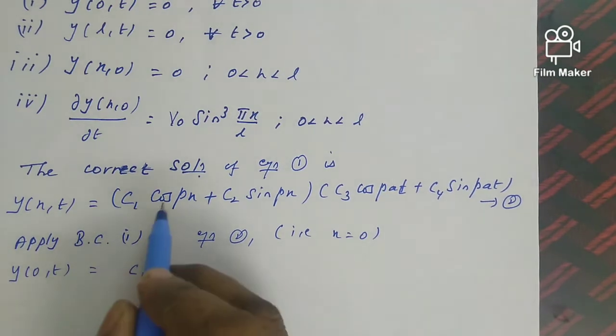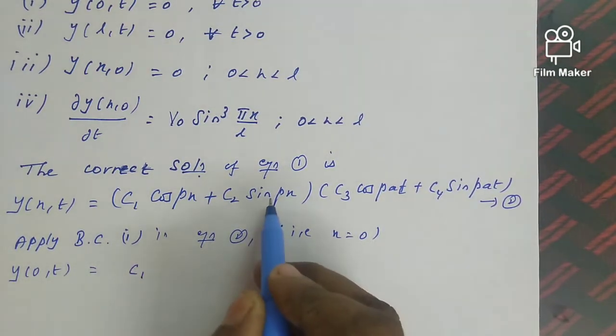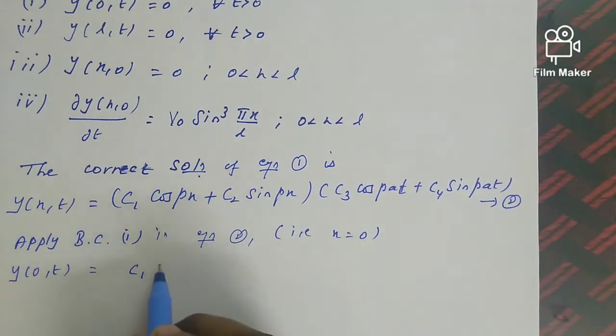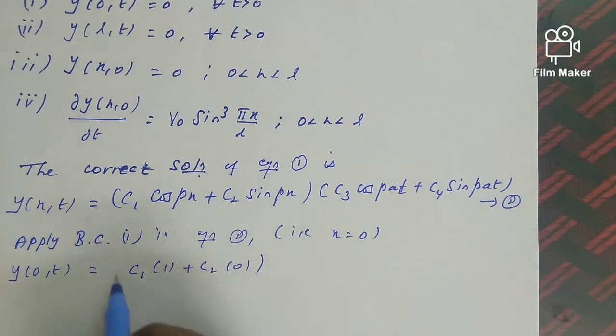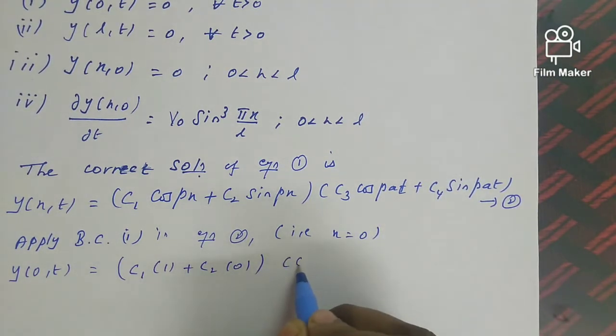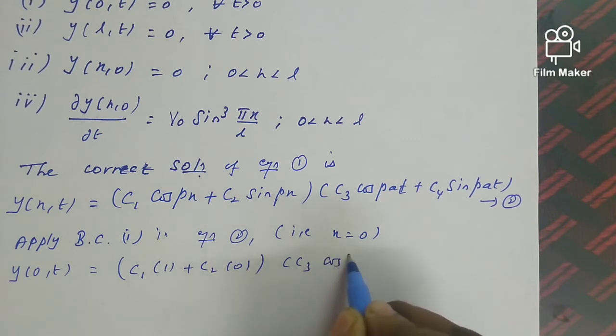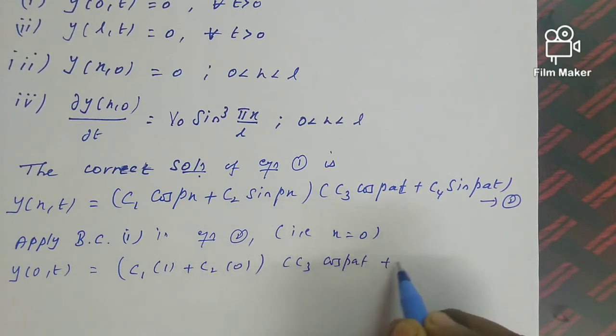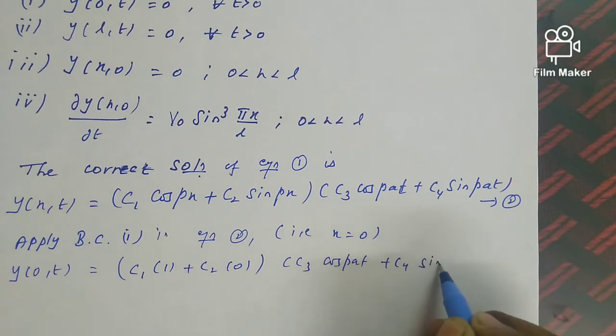Cos 0 value is 1, so we can get c1. Sin 0 is 0, so we can get c2 is 0. So c1 into 1 plus c2 into 0. Here there is no x, so we can get the terms as it is. That is C3 cos pat plus C4 sin pat